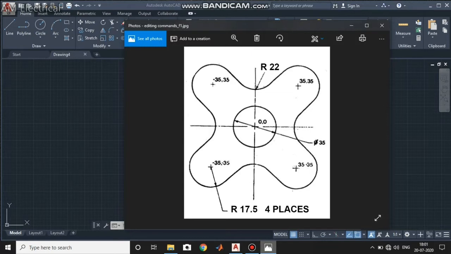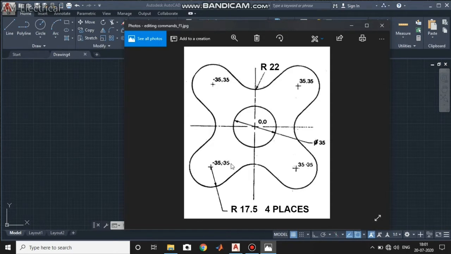Now you will see that this is the zero center of this drawing or figure, and this is a mechanical figure which we have to make in AutoCAD using the given data.